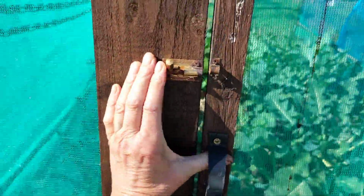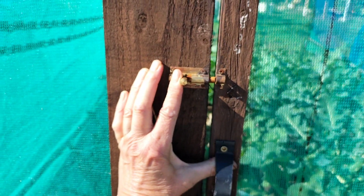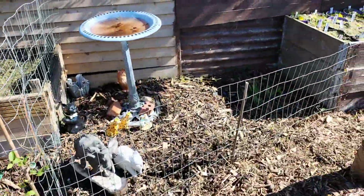Right, let's take you down to my seating area. Oh, this door is like not 100%, but it works. So I'm not fixing something that isn't actually broken. Okay,